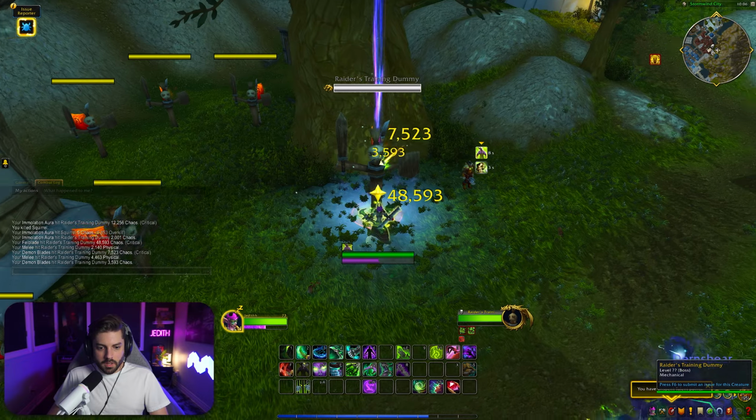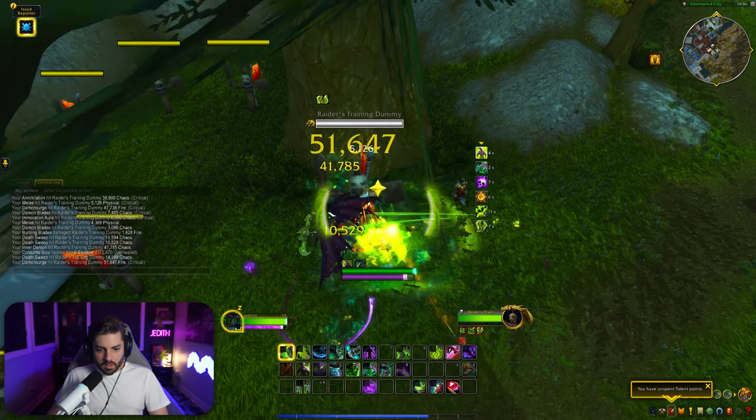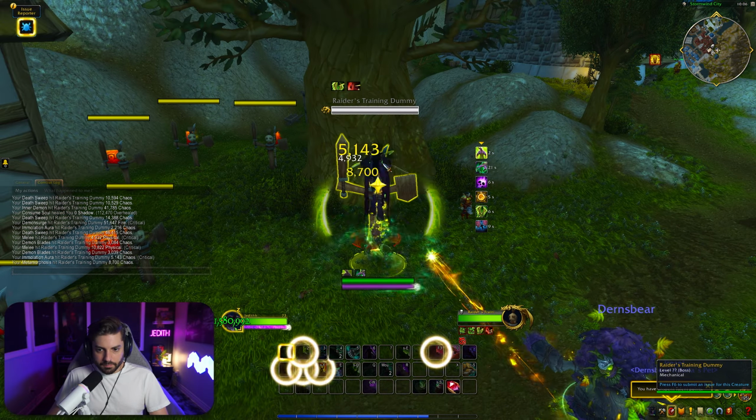So let's go here. We're gonna I-beam. We're gonna proc our first 2 Demonsurges. Then I'm gonna meta, so I get these 5 Demonsurges to use. We'll do Annihilation, Death Sweep, I-beam, Sigil, and then see Immolation Aura still isn't quite up. So there we go. So now when I use my empowered abilities here, I'm not getting more Demonsurges